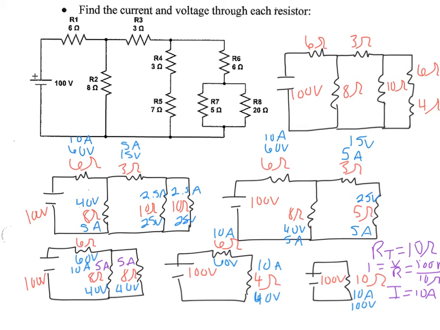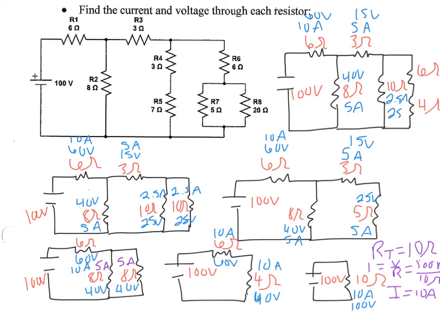Okay, this came from these two combining. Everything else is the same as it was here. So I'm just going to rewrite the ones we know: 10 amps, 60 volts; 40 volts, 5 amps; 5 amps, 15 volts;